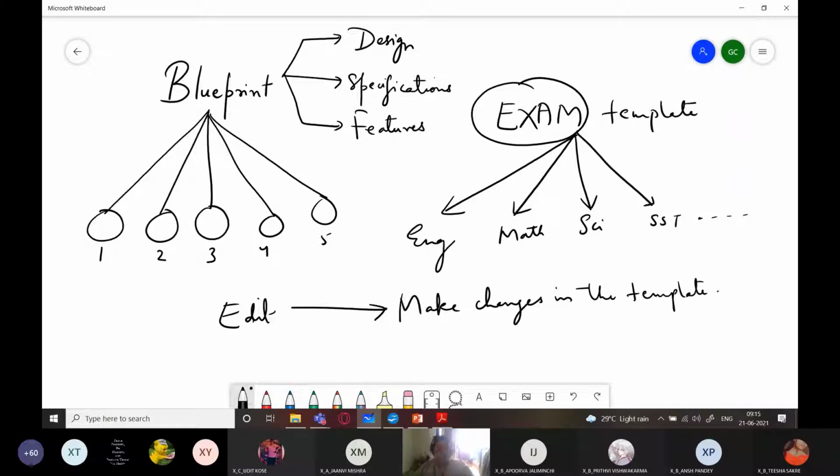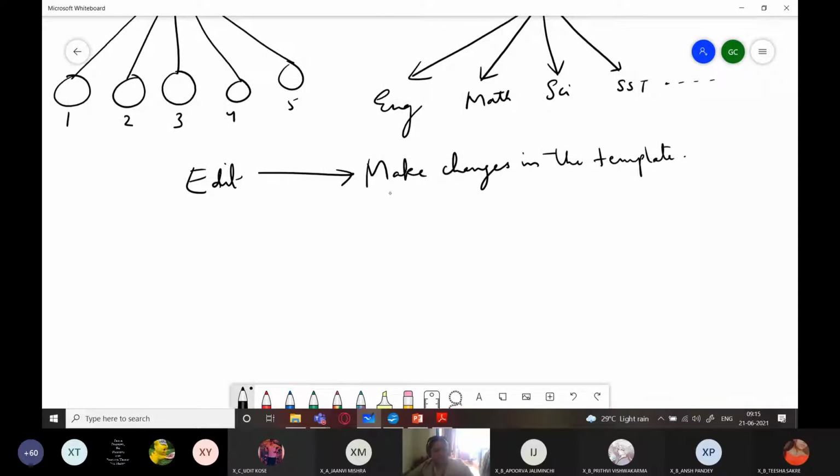That is, if you want to add any graphic to it, you want to delete any text which is appearing, you want to change any text, you want to add some text, you want to add a table, add a border. तो आपको जो जो changes करनी है, like for example, now the principal says that apart from this general instructions and other things, I also want the name of the school at the top to appear on all the question papers. So now what to do for that?